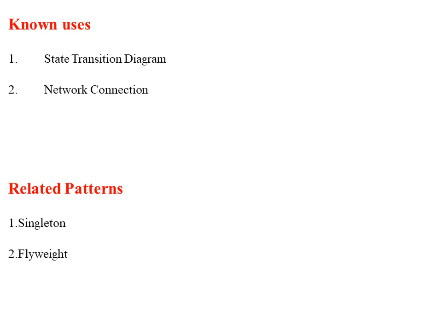Next, coming to the related patterns, there are two related patterns. One is singleton and another one is flyweight. Singleton is nothing but using a single instance we can access the entire global accessing. So by using a single state object we can access entire process states. The second one is flyweight. Sharing can be done between the state objects from one state to another state. So that's why flyweight pattern also supports this state pattern, and these two are the related patterns for state objects. So these are the two related patterns, singleton and flyweight.